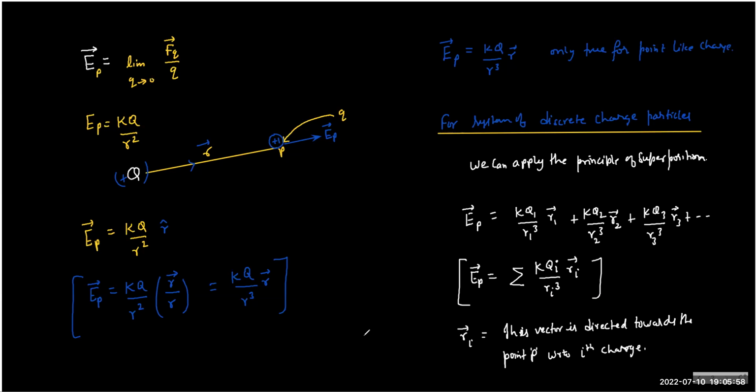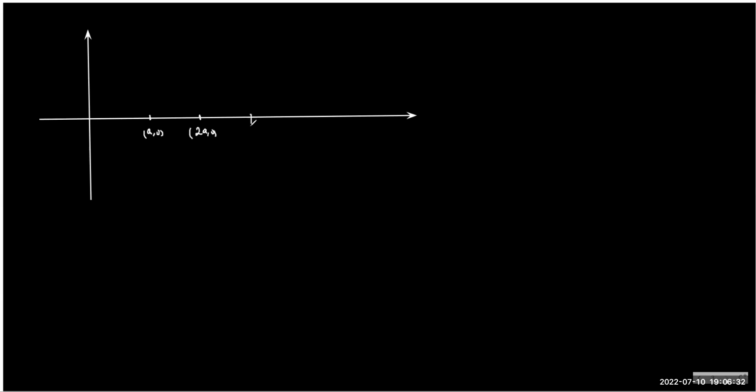So you can choose one of the directions as positive. Let's take right as positive, and let's take left as negative, and then add or subtract accordingly to get the net field. Okay. So let's do some simple problem before we go to the advanced problem. So imagine we have a coordinate system like this, and at a comma 0, at 2a comma 0, at 3a comma 0, and so on, we have charges.